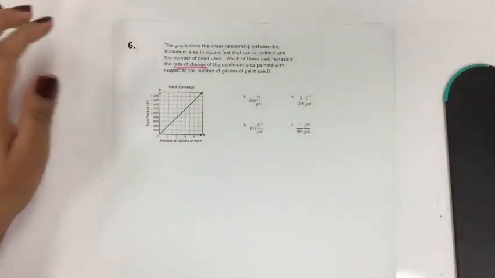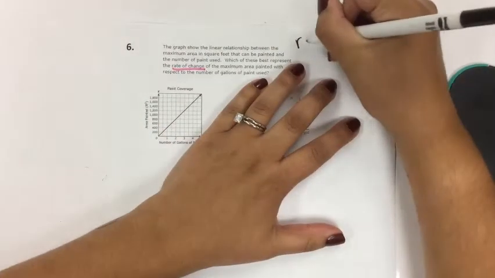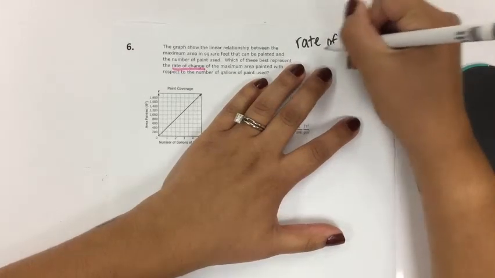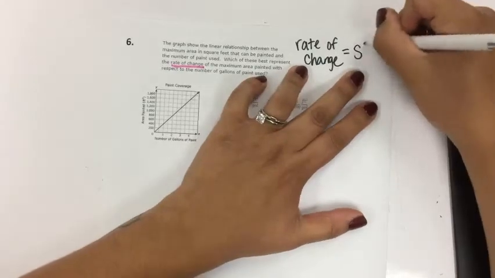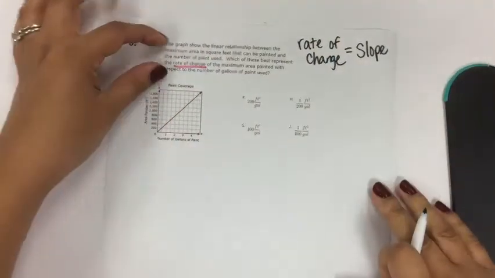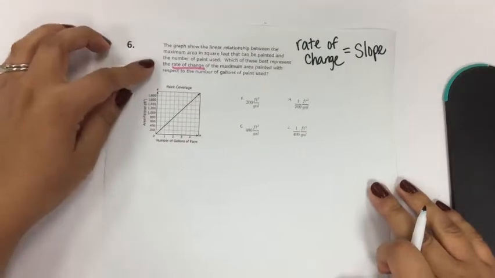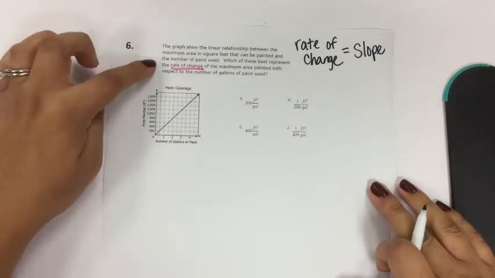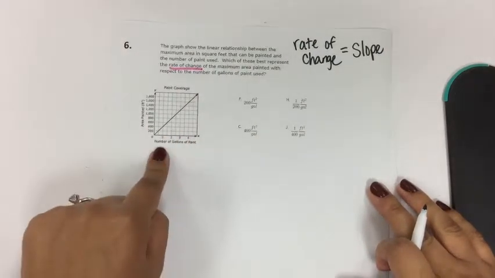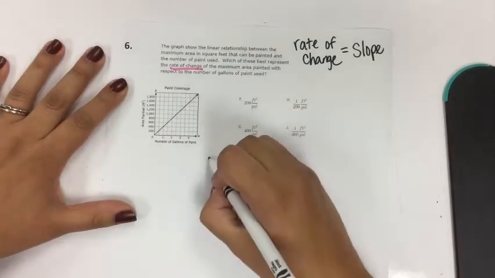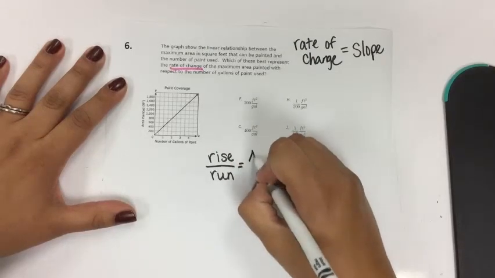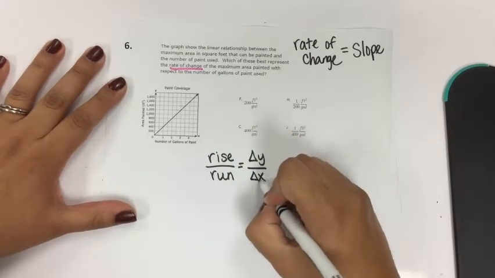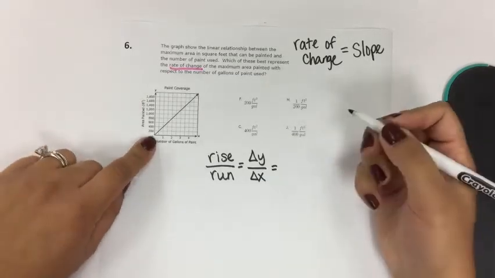And what does rate of change mean? Rate of change is the same thing as slope. So ultimately, all of these fancy words are fluff. All it's asking is, what is the slope of this graph right here? Well, slope is rise over run, or change in y over change in x. So let's grab